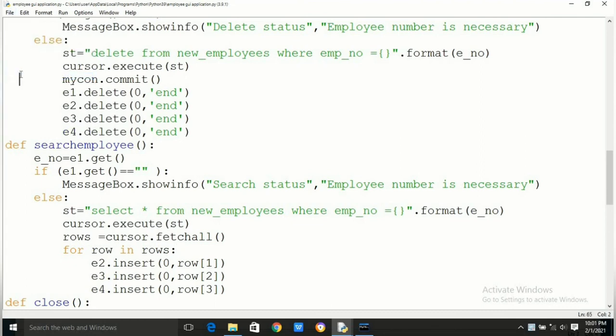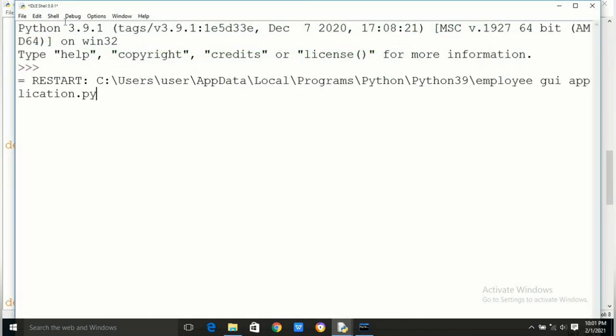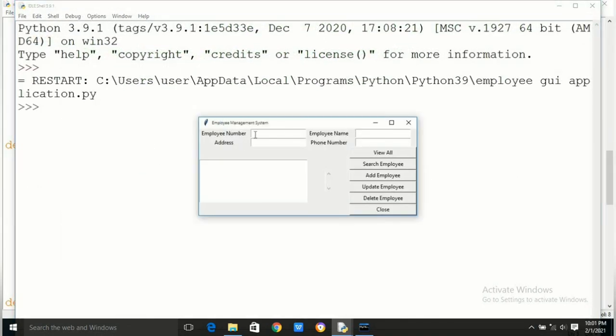If we give the employee number, all the remaining 3 fields should be filled automatically. As you can see, the 3 fields are filled automatically. Now we can close the program.